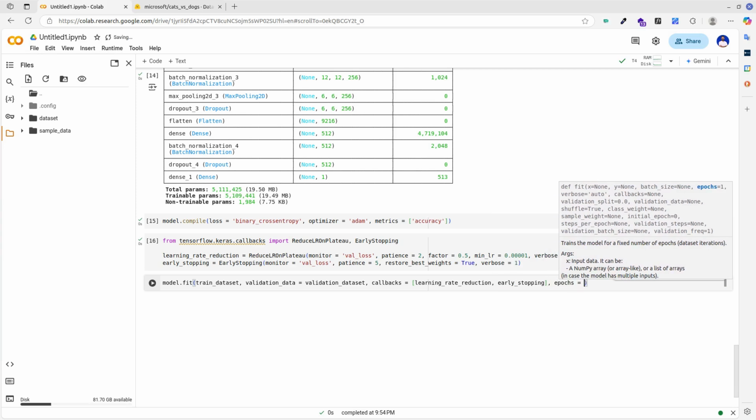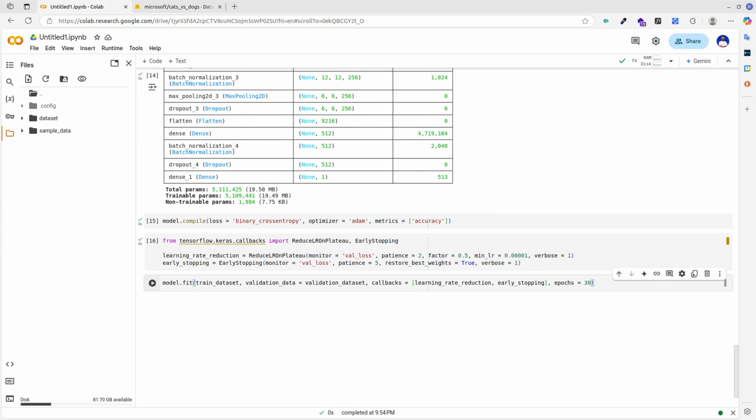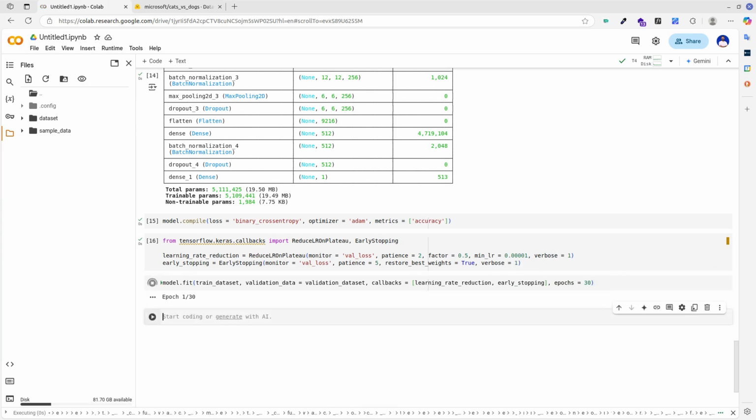Each epoch represents a complete pass through the whole training set. In our scenario, we specify that we loop through the training set 30 times, unless, of course, the early stopping callback is called. Keep in mind that for the callbacks we defined, the patience parameter denotes the number of epochs, meaning that if the metric being tracked does not improve after 5 consecutive epochs, the early stopping callback will be invoked. Let's now start the training process of our model. This can take quite a bit, so I'll come back once it's finished.